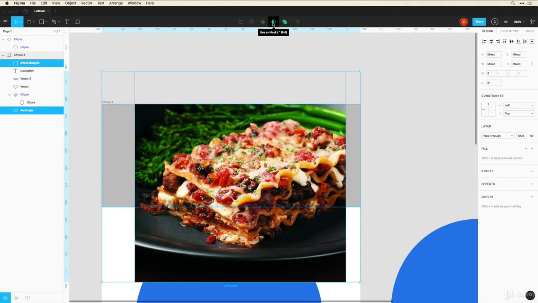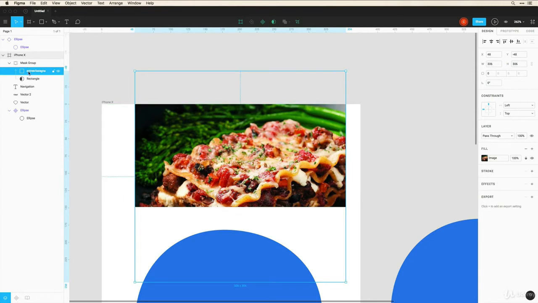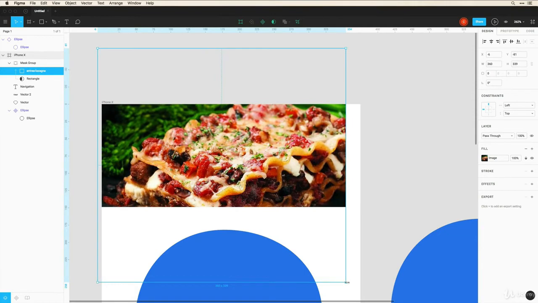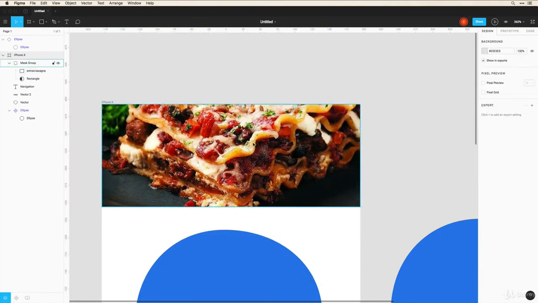And after I zoom in, I can select this rectangle, hold down Shift and select the image, and now I can click on this Use as Mask tool, and now this rectangle behind the image is purely a mask that's masking the image above this. So I can still click on this image layer. I can do some resizing within here and move it around to exactly where I want, and it'll always be